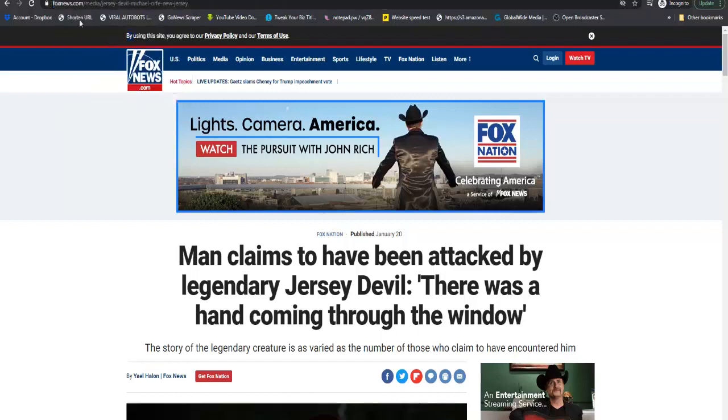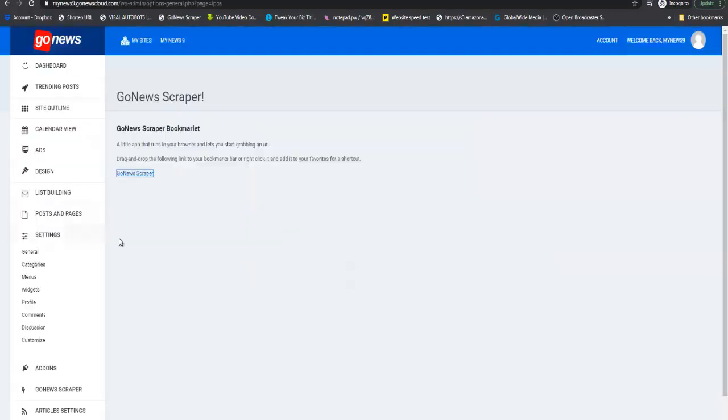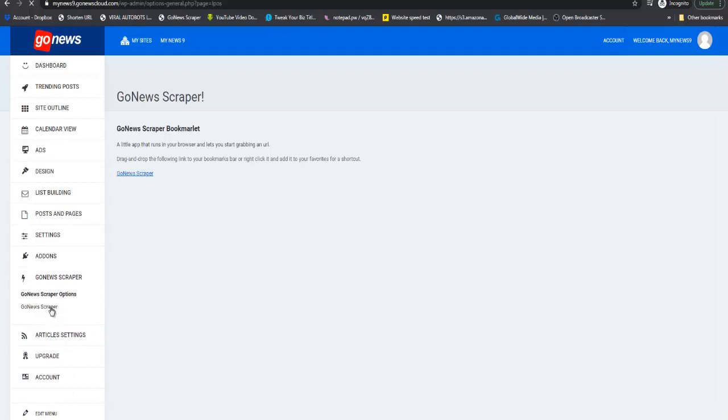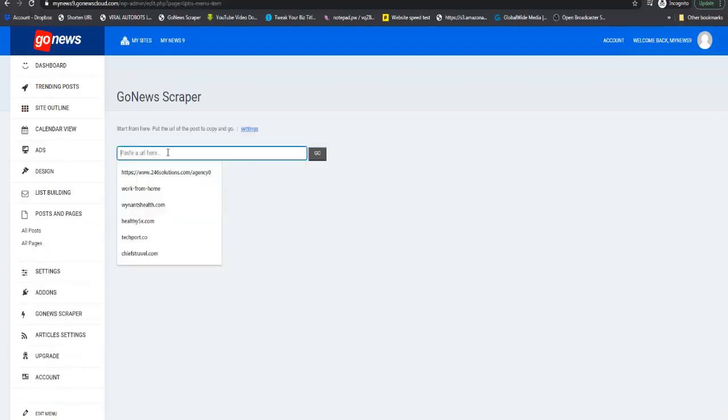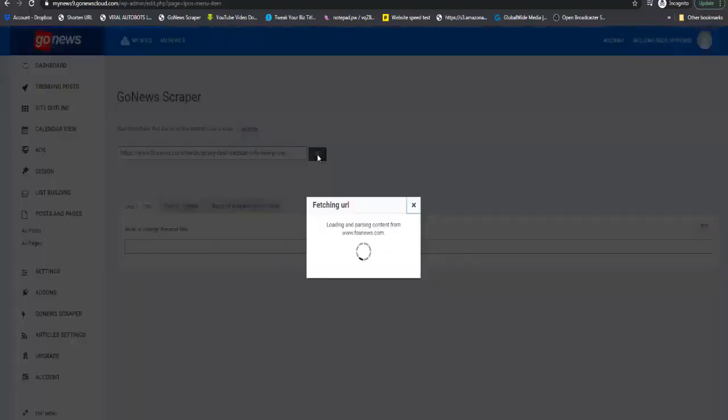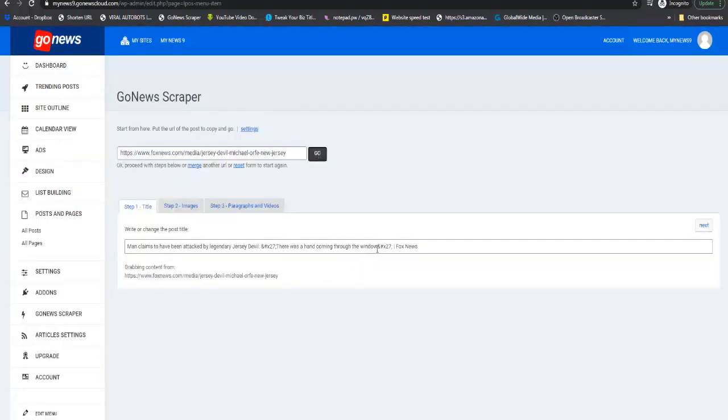come back to your site, go to gonews scraper, and then you could paste, right, you would paste the link right in here and then hit go. And what this would do, as you can see, it would collect the data from the news site that you were on,